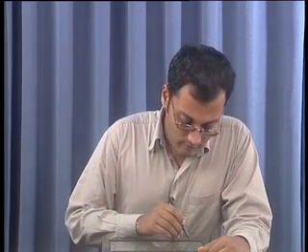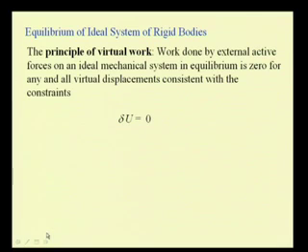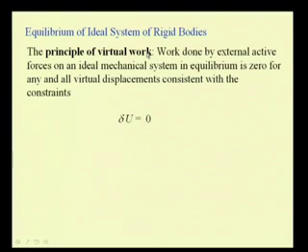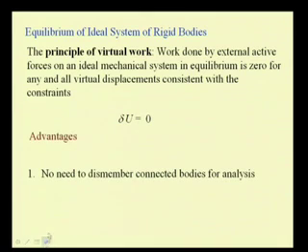Before going into the details, let us recapitulate what we studied in the last lecture. We defined the equilibrium of ideal systems of rigid bodies. We defined ideal systems as systems which do not absorb energy and also do not dissipate energy because of friction. So, the principle of virtual work as applied to the ideal system of rigid bodies is that the work done by the external active forces on an ideal mechanical system in equilibrium is 0 for all virtual displacements consistent with constraints, that is delta U is equal to 0, and we also saw that